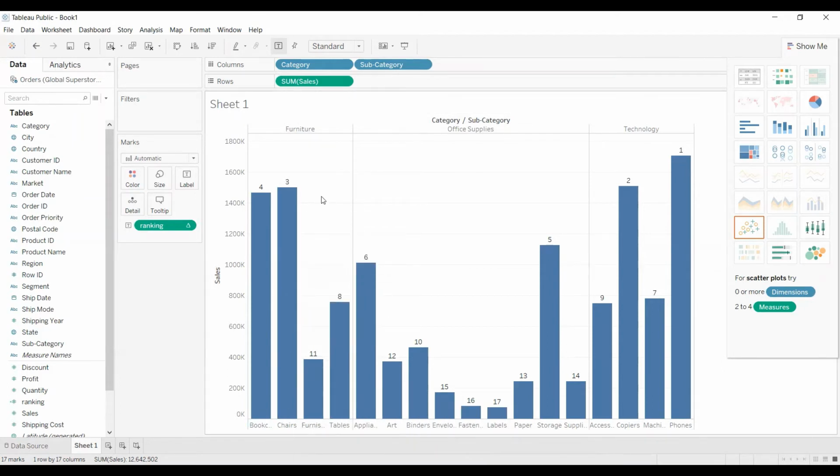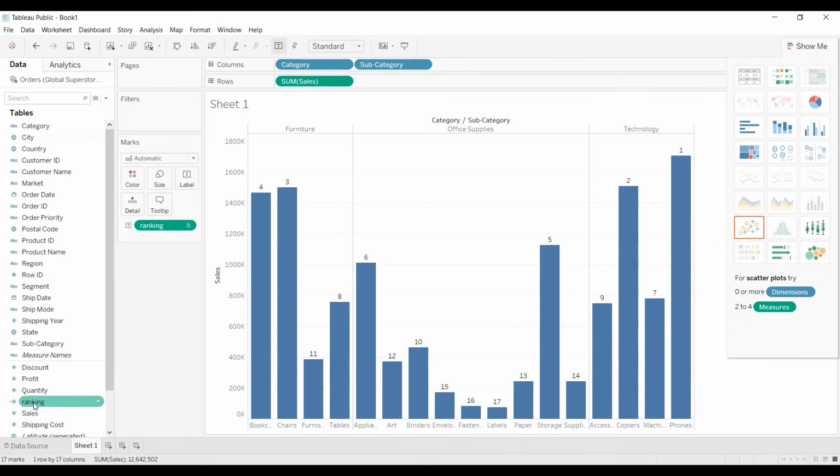As you can see, under furniture, chairs has the highest sales, so chairs will be shown as rank 1. Then bookcases will be rank 2, tables rank 3, and furnishings rank 4. Similarly, for office supplies, storage has the highest, so rank 1. Then appliances is rank 2 and so on. Similarly, for technology, phones has the highest, so rank 1. Then comes copiers as rank 2, then machines as rank 3 and accessories as rank 4. So here, I'll be showing under each category the different rankings of subcategories. In the pen down approach, the calculation is done with respect to the upper hierarchy.